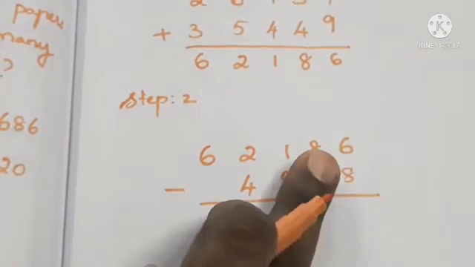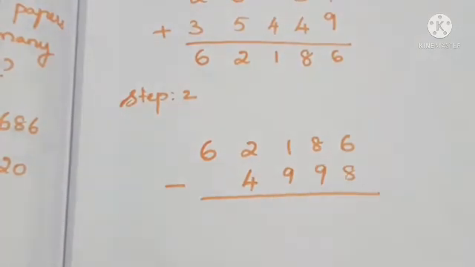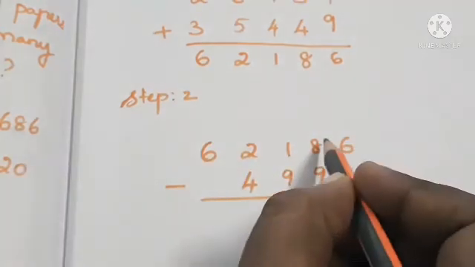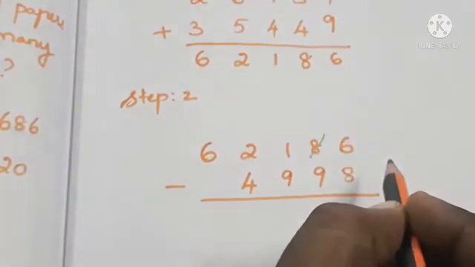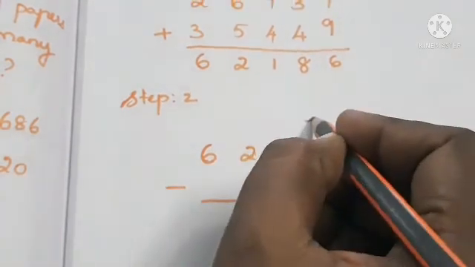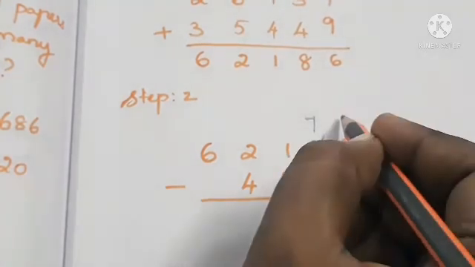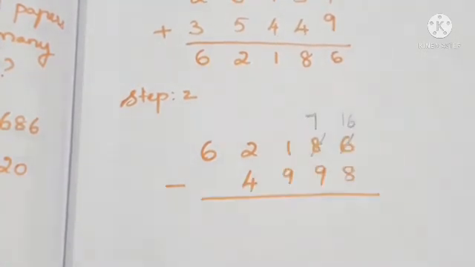Okay, so here we have 6 minus 8. So when you compare 6 and 8, 6 is greater or smaller than 8? Yes, it is smaller than 8. So what we have to do? If it is smaller we have to borrow a number from the near next value. Okay, so if you borrow a number from 8, the 8 will change to the before number. 8 before number is what? 7. Okay, 8 will change to 7. Next this 6 will change to 16 now. Okay, so now we got 16.